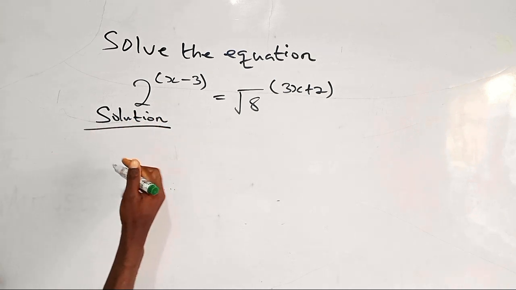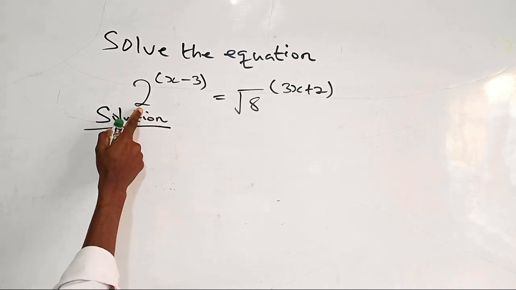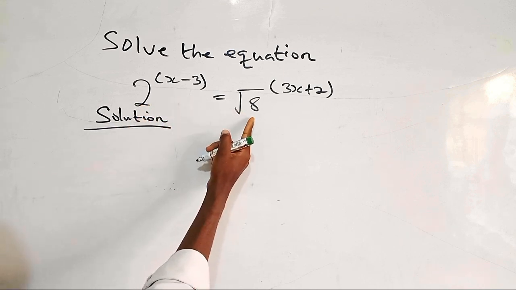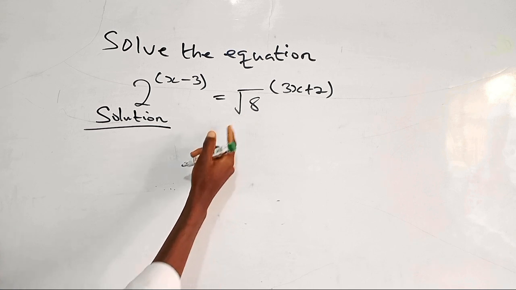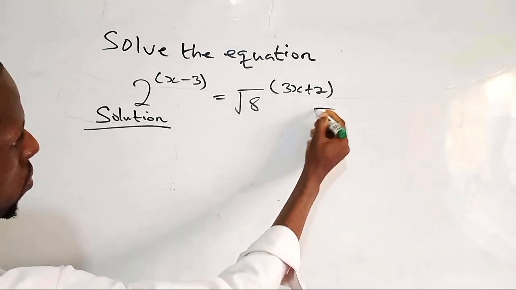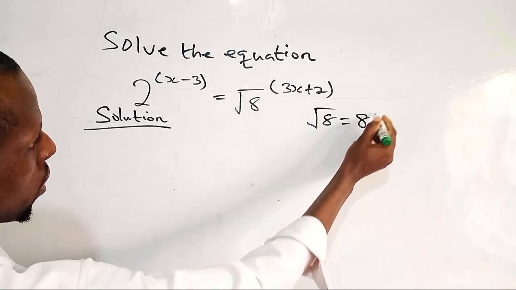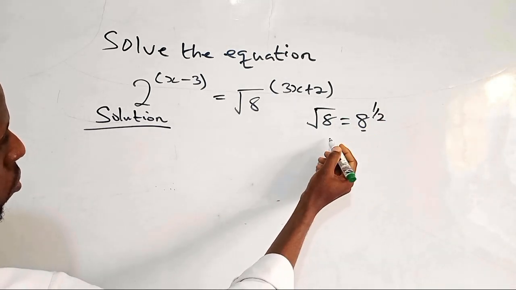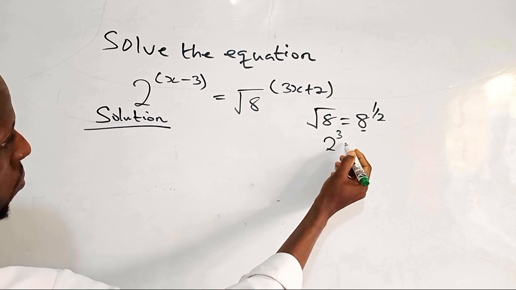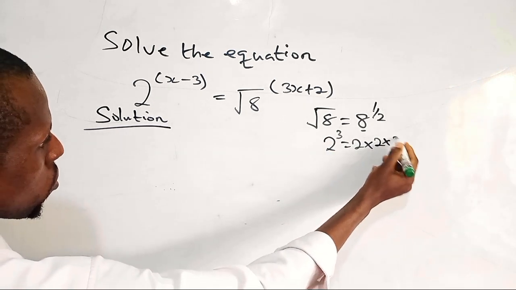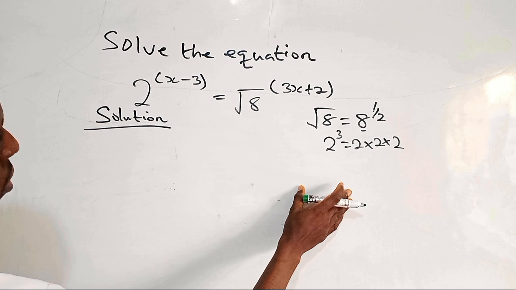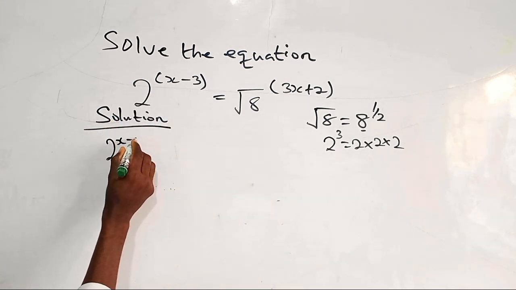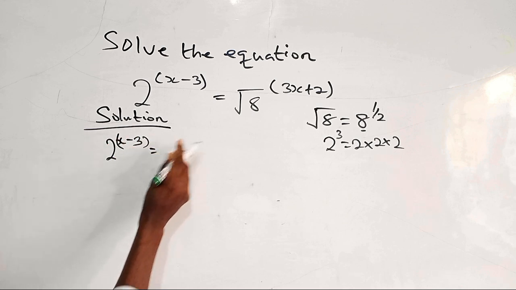Okay, so my first target is to make the bases equal. So how do I do that? I have 2 here, so I can put this in index of 2 as well. We have root 8, which is as saying 8 to the power half. So I can break this 8 further to be 2 raised to the power 3, because 2 times 2 times 2 gives me 8. So here I have 2 raised to the power x minus 3 equals